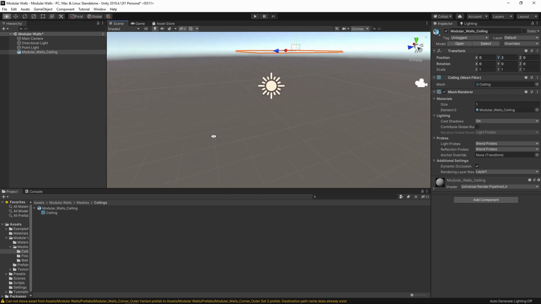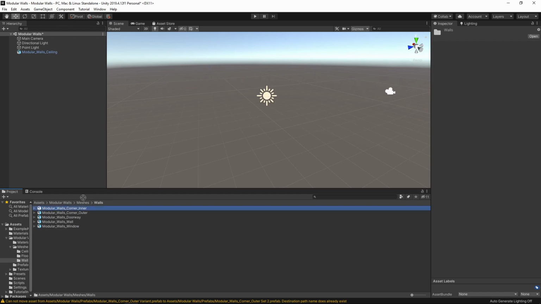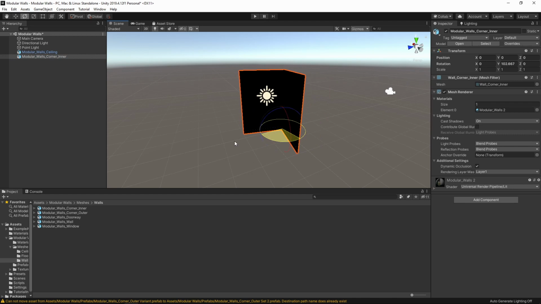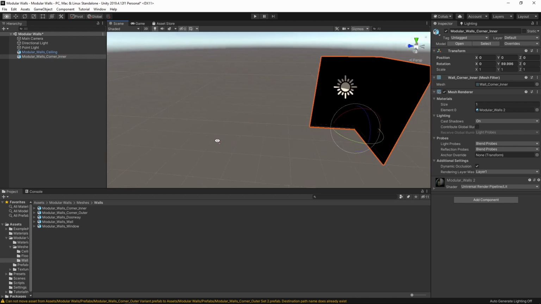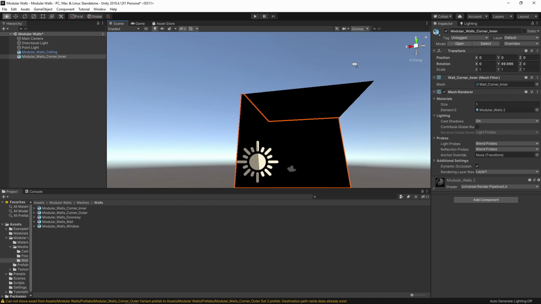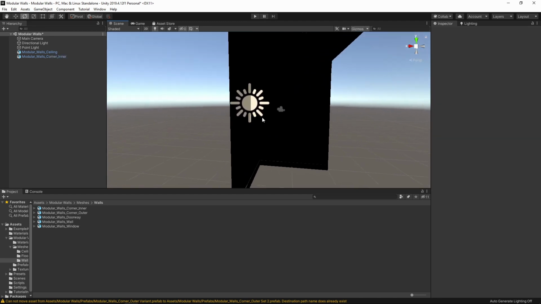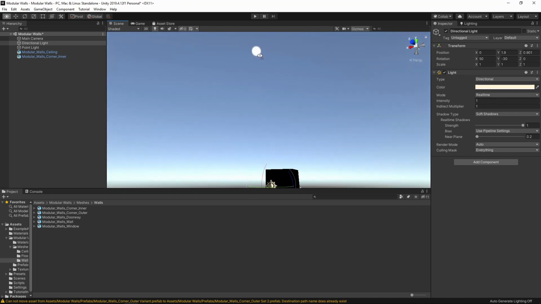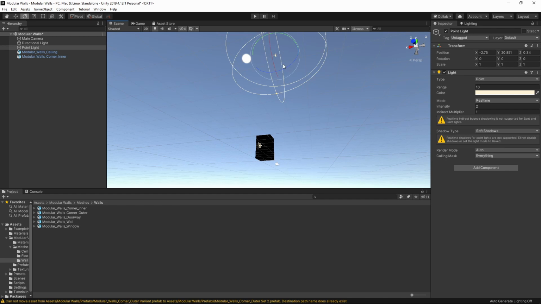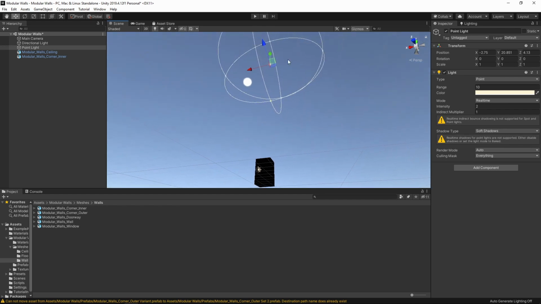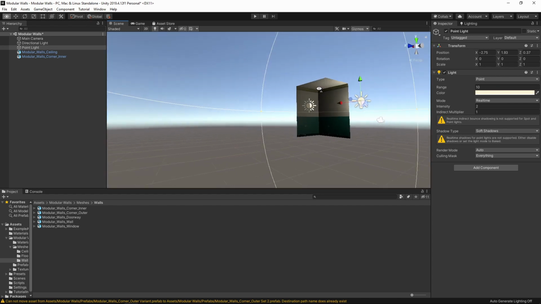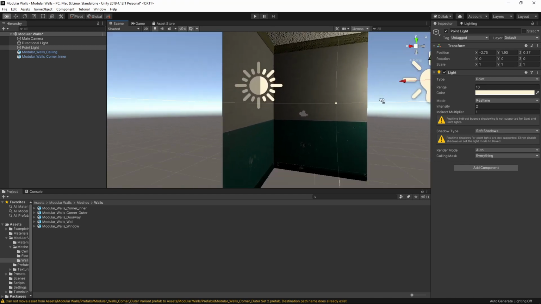And if I bring in a wall piece, any wall piece will do, you'll notice that it is at the top of the wall like so. And why is my lighting on? Oh yes, because I'm a silly bugger. I moved the wrong light up, so I moved the directional light out of the way so that it wasn't in my way. And as you can see, the ceiling piece fits snugly on top of the wall